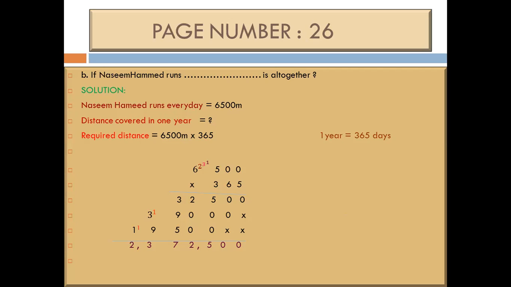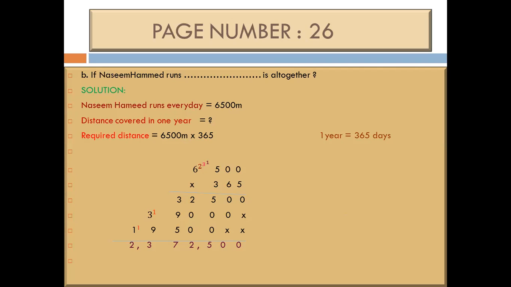Now the last step in this, we add the numbers. 0, 0, 5, 2. Then the next is 3, 9 and 5. 9 plus 3 is 12. 12 plus 5 is 17. We write here 7 and we carry 1 on 3. 9 and 3, 12 and 1, 13. We write here 3 and we carry 1 on it. 1 plus 1, 2. Is it clear? This is the answer in meters.